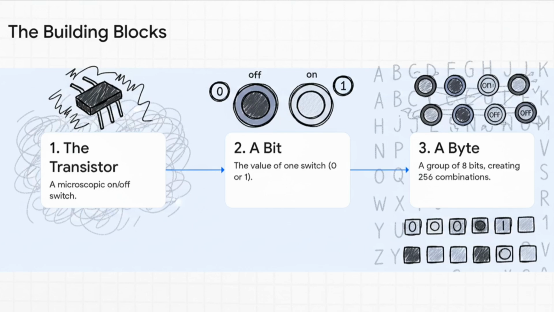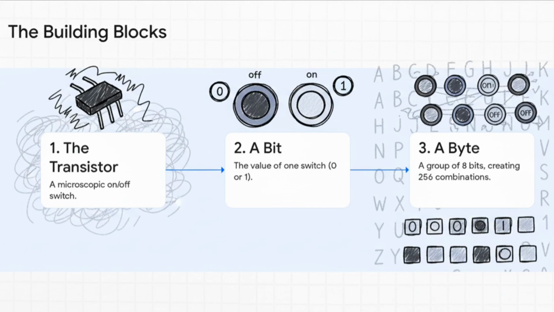Inside your computer's processor, there are billions, with a B, of these microscopic switches. All they can do is be on or off. That's it. We represent off with a 0 and on with a 1. That single value, we call that a bit. Now, a single bit isn't all that useful on its own, but what if you group 8 of them together? You get a byte. And with a byte, you suddenly have 256 different combinations of ones and zeros, and that's